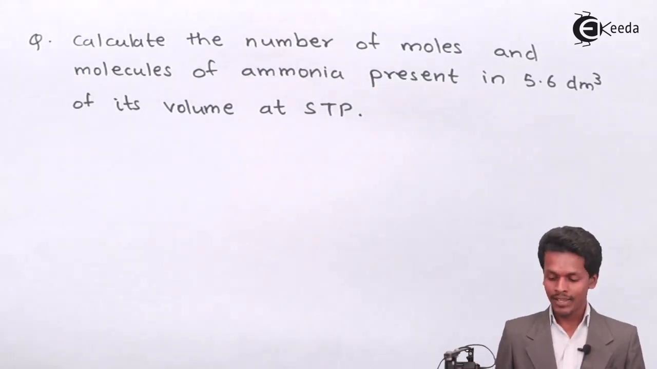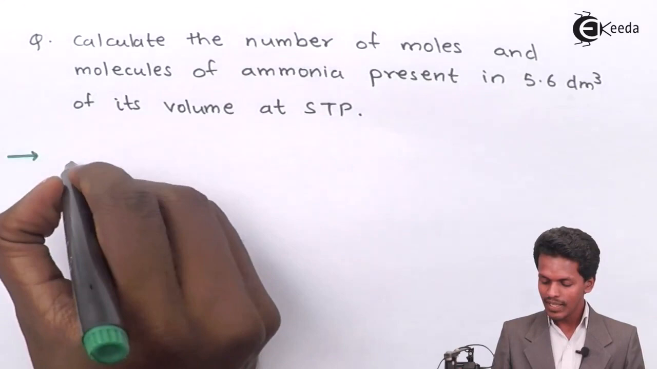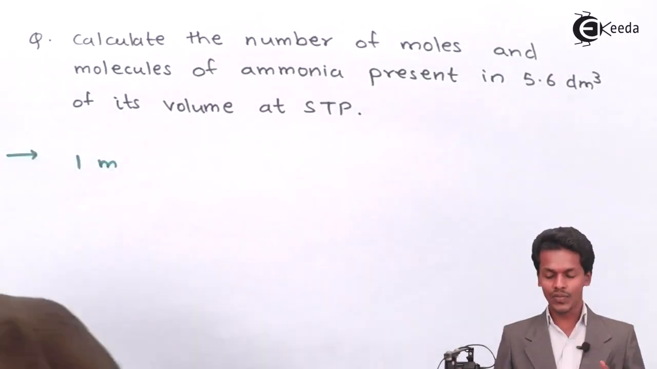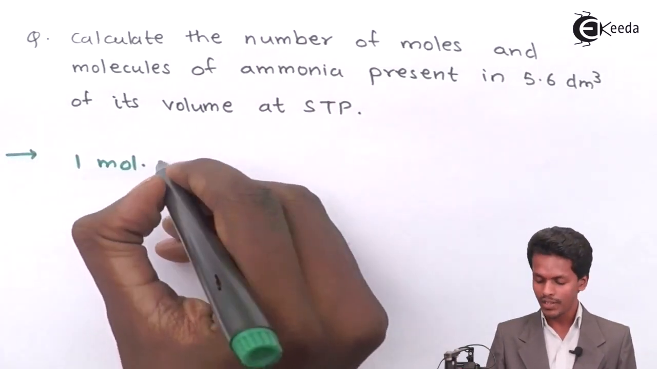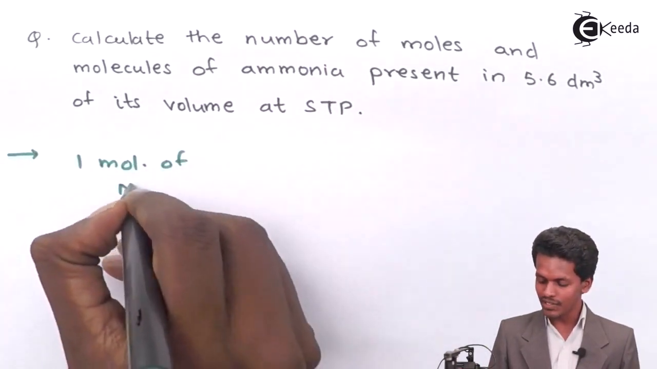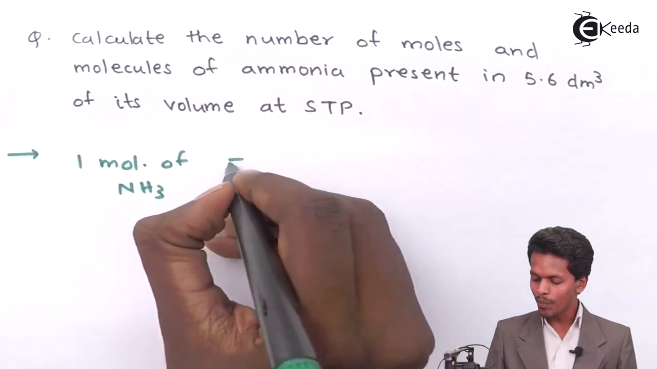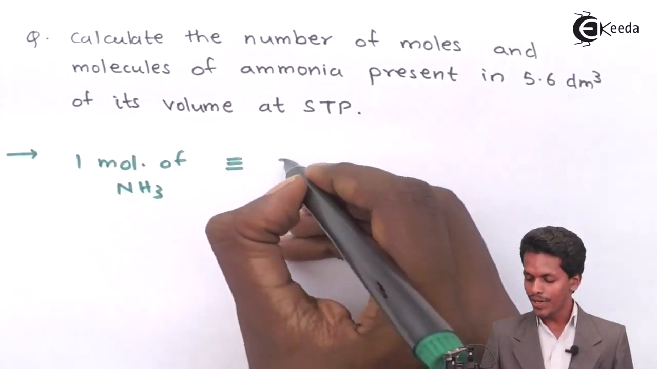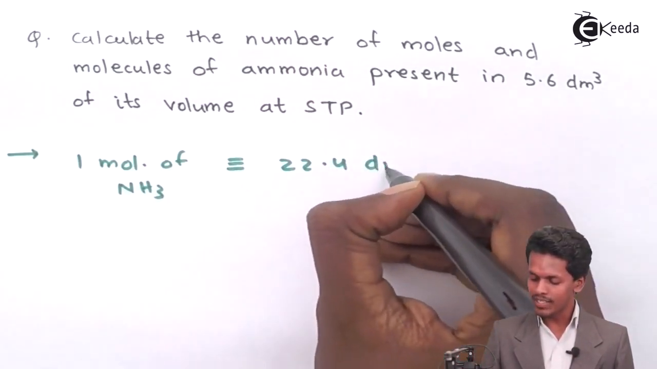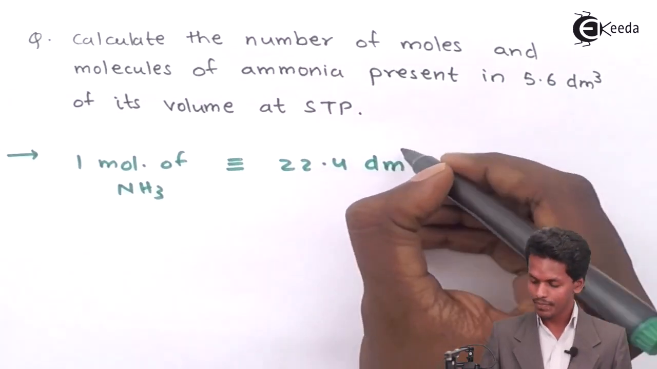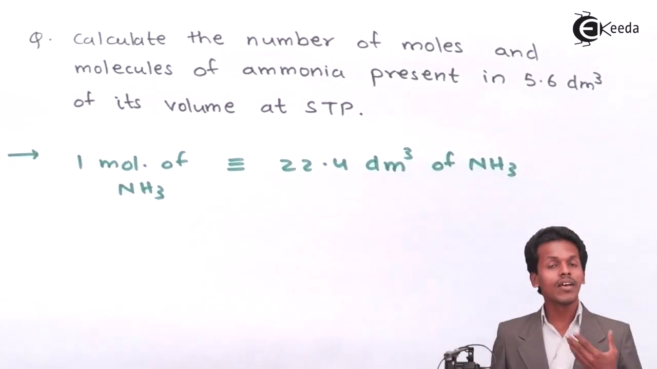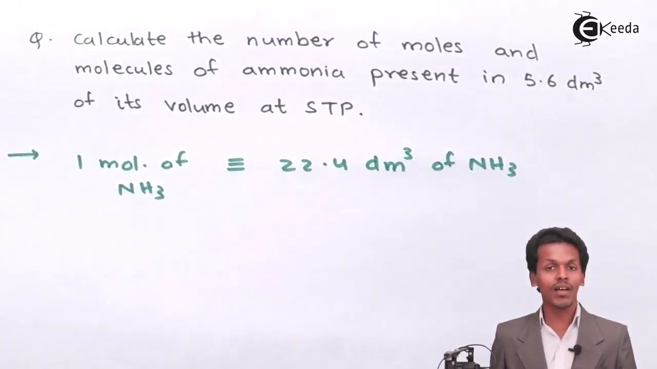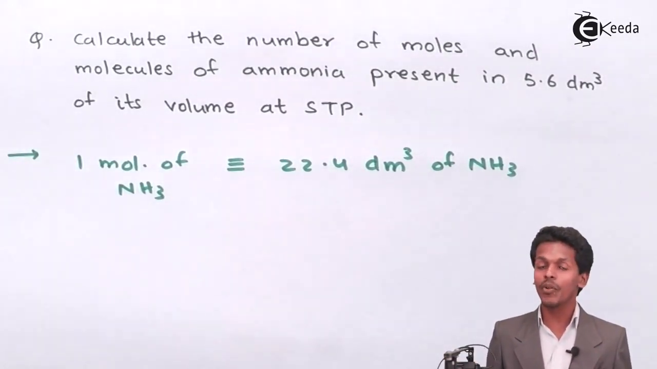So now, as we know, 1 mole of any gas, and in this case we are talking about ammonia, 1 mole of ammonia, that is NH3, will occupy a volume of 22.4 dm cube. That is the molar volume. So therefore, 5.6 dm cube will have how many